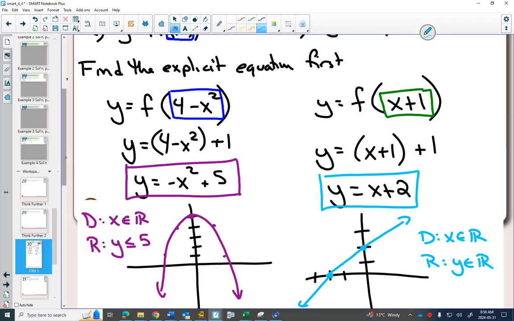Questions for practice on this one? You can circle question number